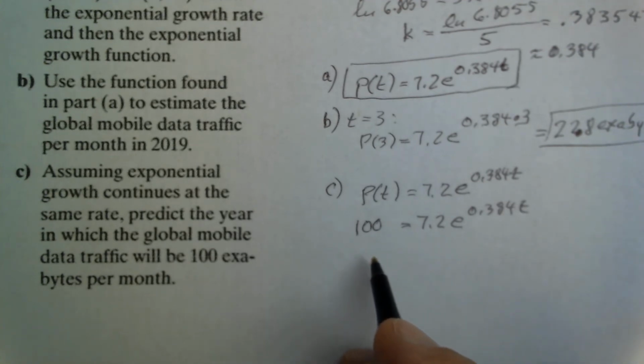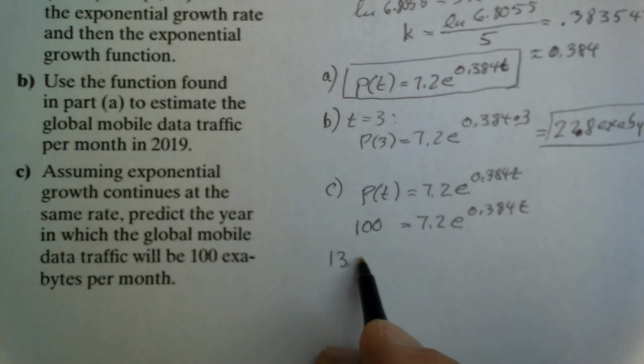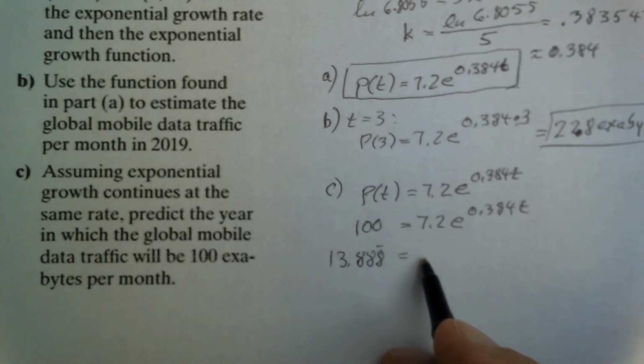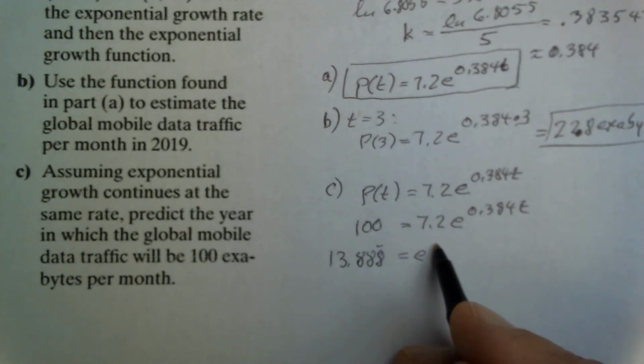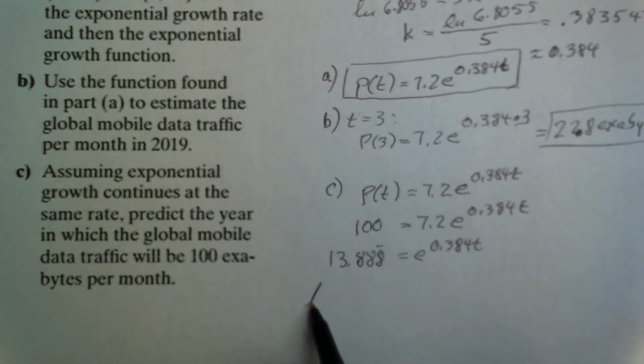Dividing both sides by 7.2 will give us 13.888, continuing, equals e to the 0.384 t. We take the natural log on both sides,